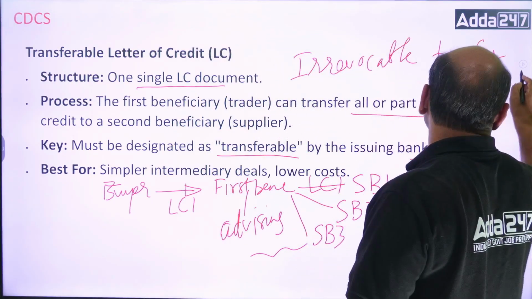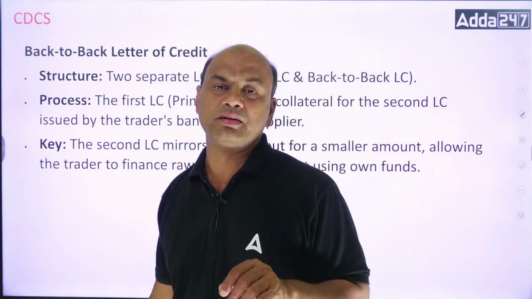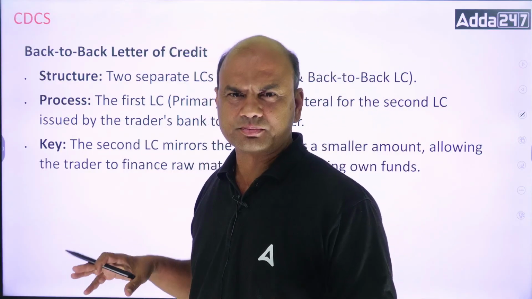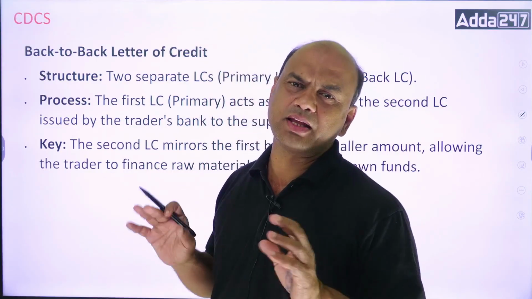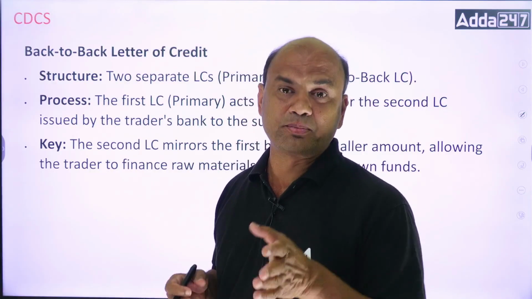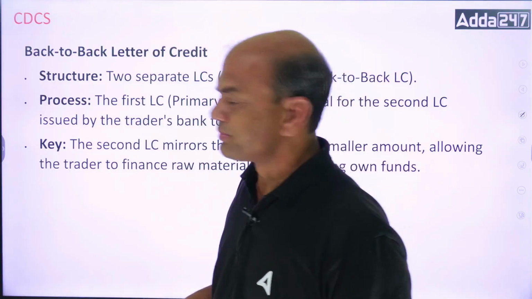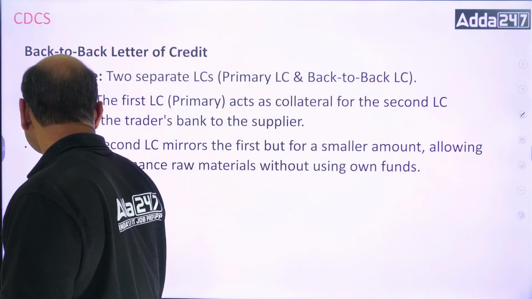Now let's move on to back-to-back. In back-to-back, kindly understand, the logic is the same. First, the first beneficiary is either a manufacturer, full manufacturer, part manufacturer, or an agent. Same as the earlier case, no change. So the buyer